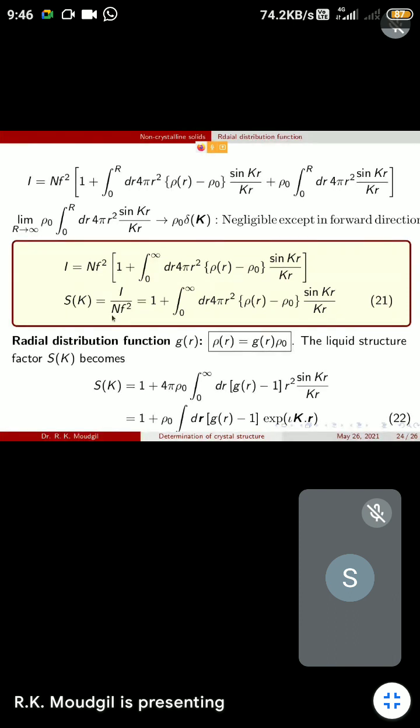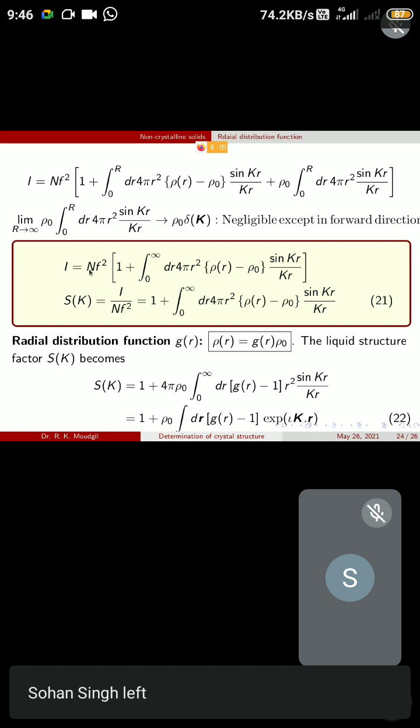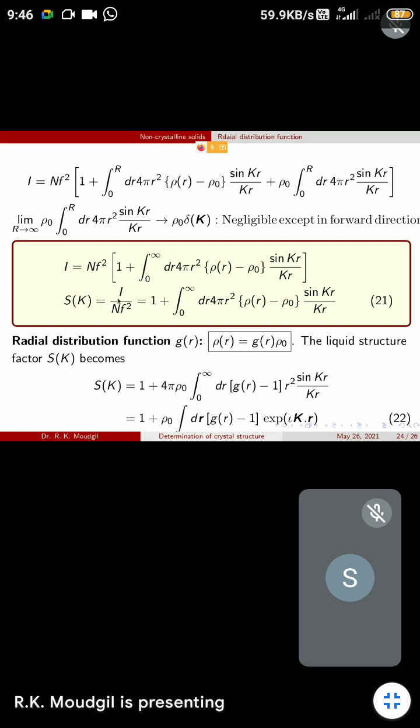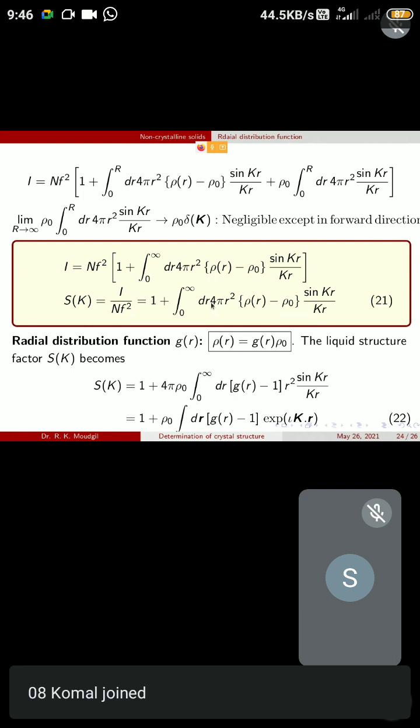non-crystalline solid. So clearly I divided by nf square is given by this expression. This is an important expression because we experimentally know I as a function of capital K. Capital K क्या है आपका? डेल्टा K के बराबर है, यानी we know I as a function of angle of scattering, क्योंकि K में सीधा angle of scattering है. So this SK